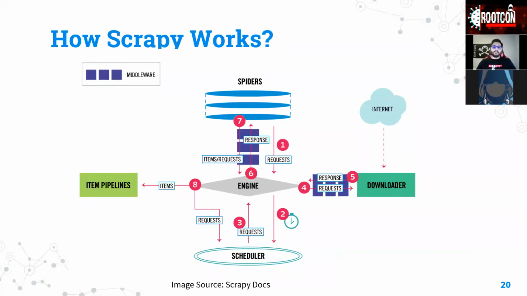Now middleware is the most important part because this is the part where your request goes through. This is the part where you have a proxy code and the login code. By proxy code, I mean this is where you put your Tor IP or your Privoxy IP, so that the request goes through that. And by login code, I mean the majority of the websites on the dark web need login access. You need to register an account. So first you register an account, you get your login access, and then you put those credentials